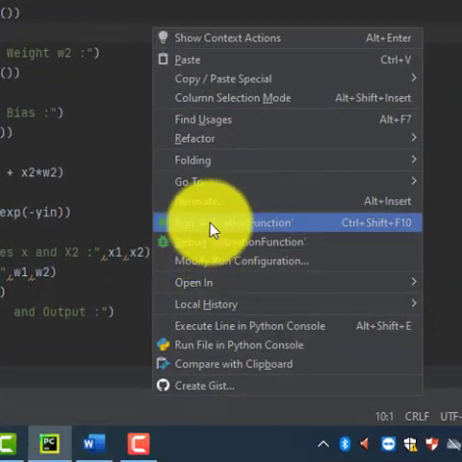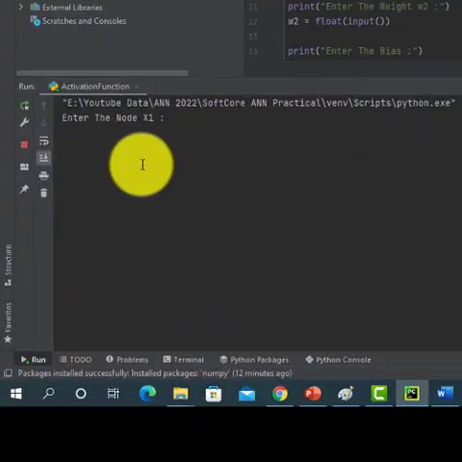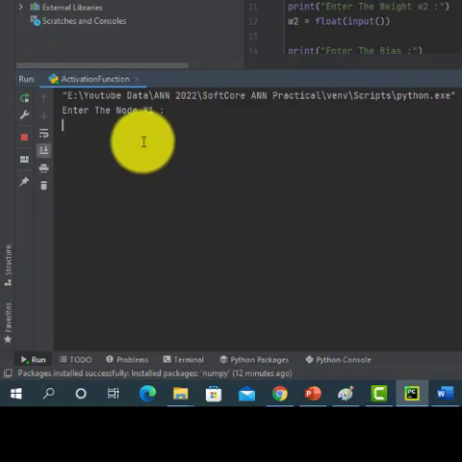Right click and run activation function. Now enter the inputs, 0.5 suppose, then second input 0.7, weights minus 0.4, 0.6 and bias 0.3.